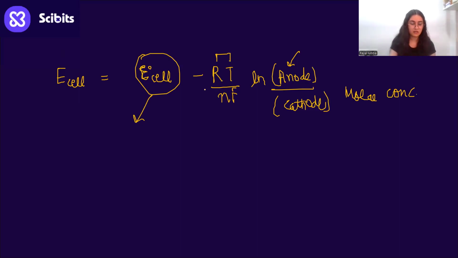Since R and T are at standard conditions, like temperature 25 degrees, and R is the universal gas constant and F is also constant,